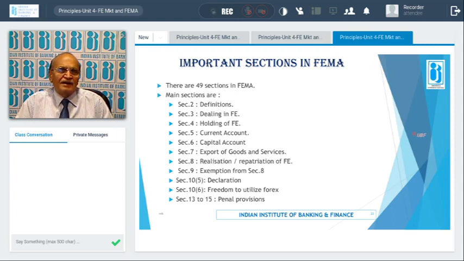Section 8 also deals with declarations which are required to be made under FEMA. And Section 10, subsection 6 deals with freedom to utilize foreign exchange. And sections 13 to 15 specify penal provisions under the Foreign Exchange Management Act. So we need to go through specific sections relevant when we are dealing with